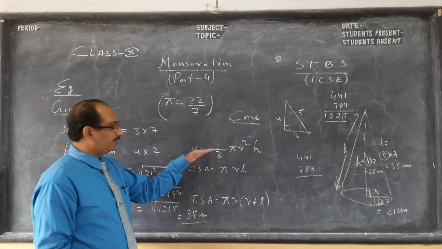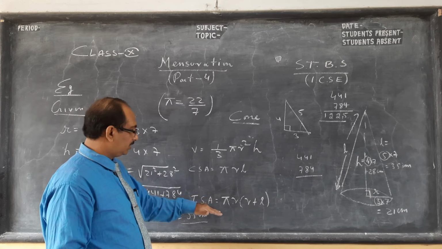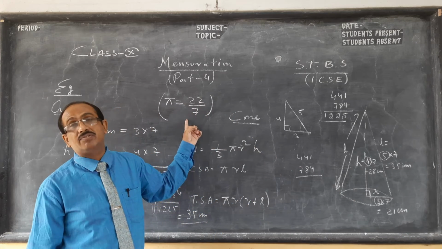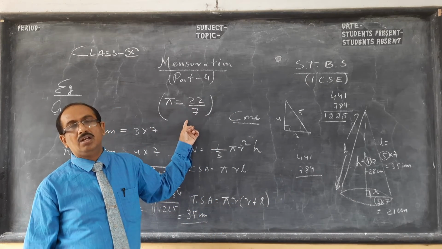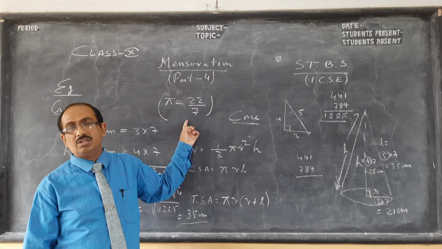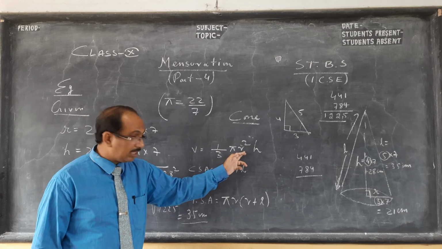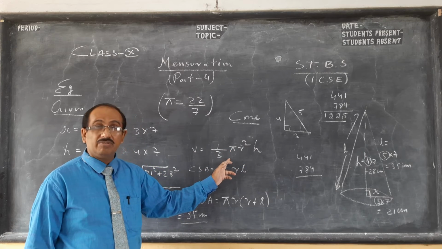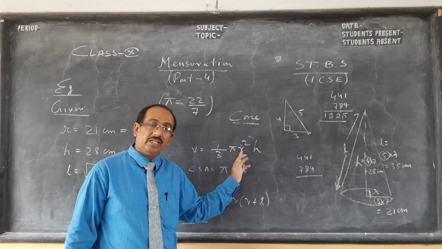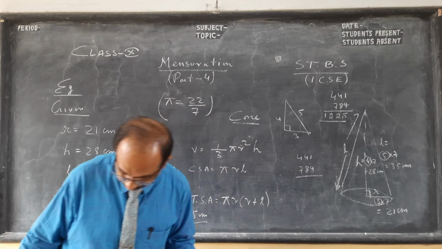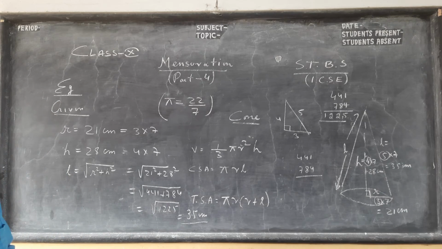Now finally we will find the volume, curved surface area and total surface area. Why have I taken 7, children? Because it will cancel with 7. Most of the values in ICSE, they want to check your concept, not the multiplication and division. Since pi is 22 by 7, either the height or radius in the numerator will be a multiple of 7, like 3.5 also, 10.5. So kindly pause the video and copy. I'll rub the right side and do this sum.